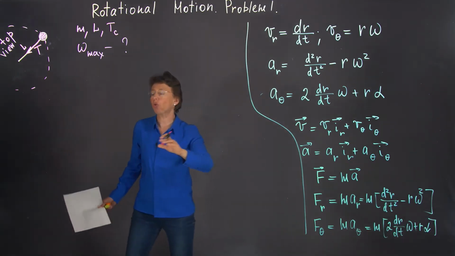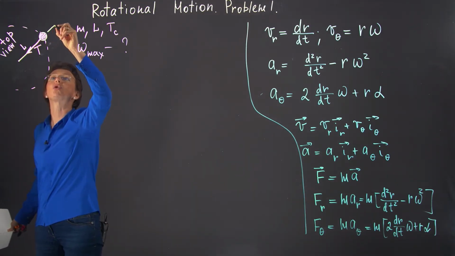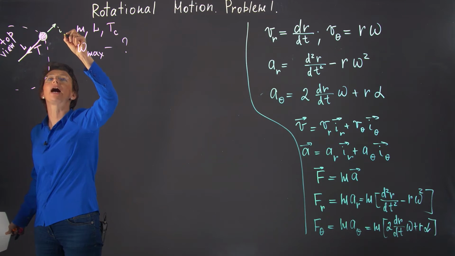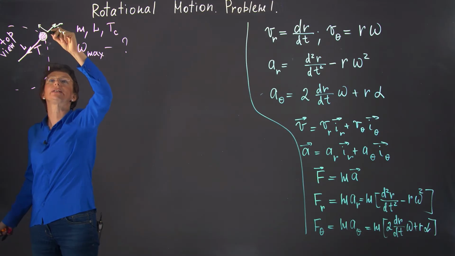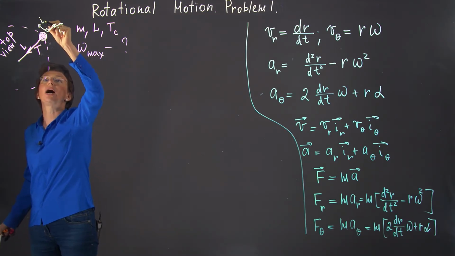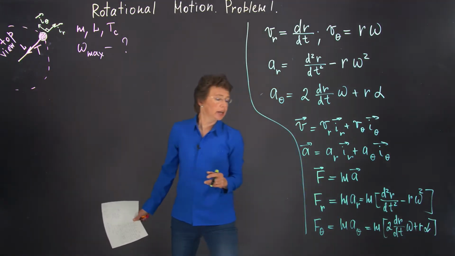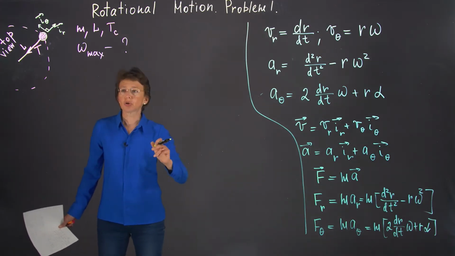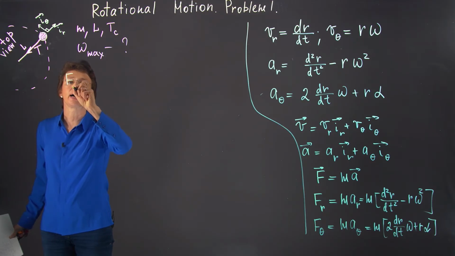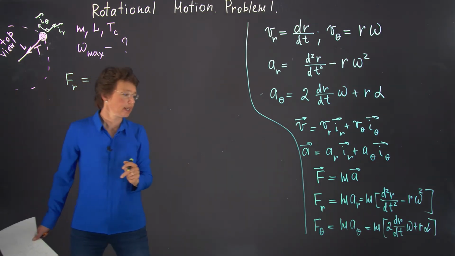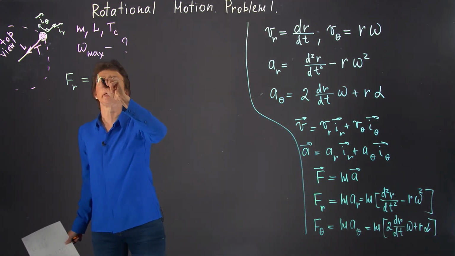And my coordinate system, that's what I need immediately. I will go, as always, with unit vector i_r that is along the radius, and i_theta that is perpendicular to i_r. And now I'm ready to write the second law. So what is F sub R? For my case, F_r, net radial component of the force, it is m a_r, and it is equal to m